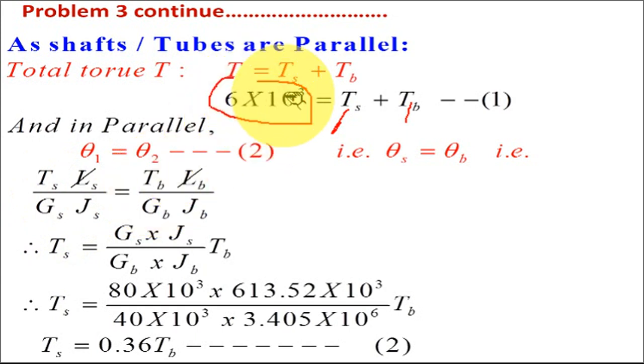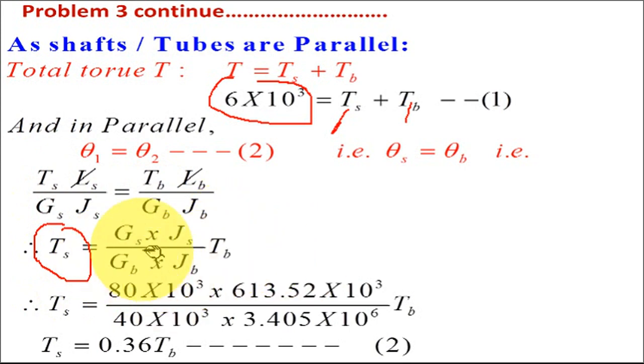Total torque is known, but the individual torque transmitted by steel and brass is not known. That's why, using this relation, you have to plot some relation. So Ts is equal to this Gs. If we transmit it to the right side, it will be in the numerator. Js is here in the denominator, so it will be the numerator. In this way, whenever you write this equation for Ts equal to, it will be in this